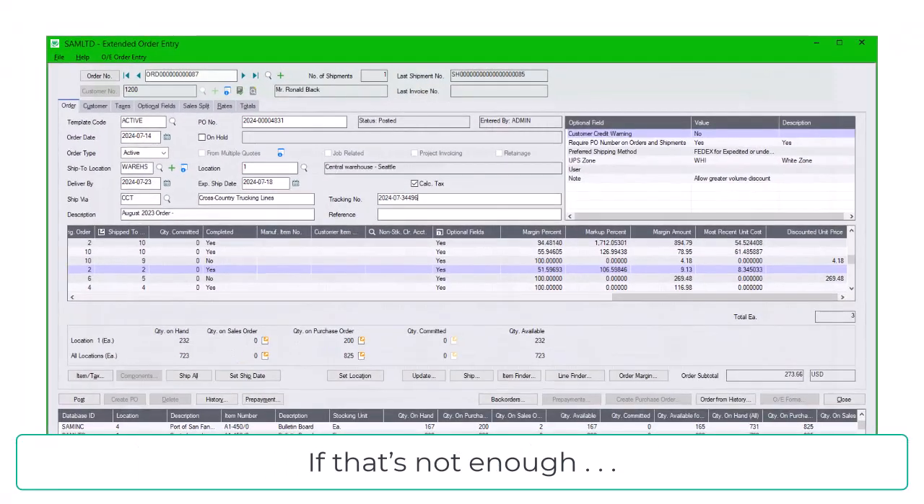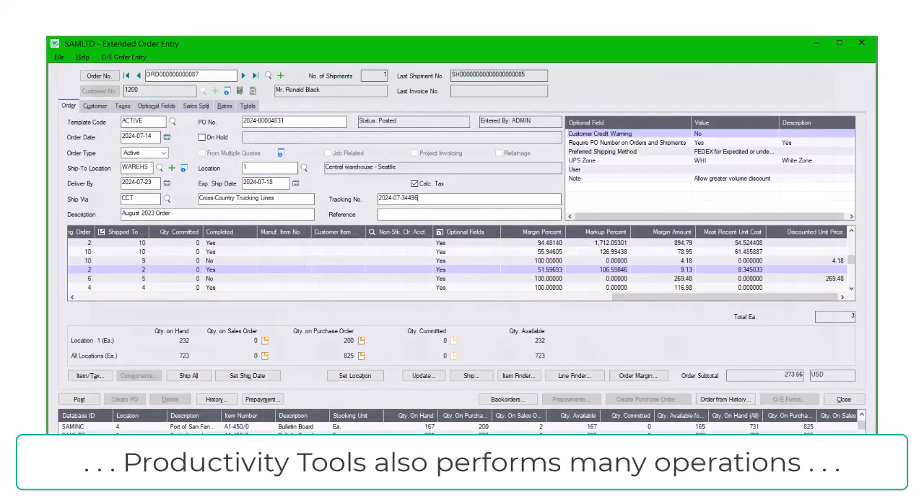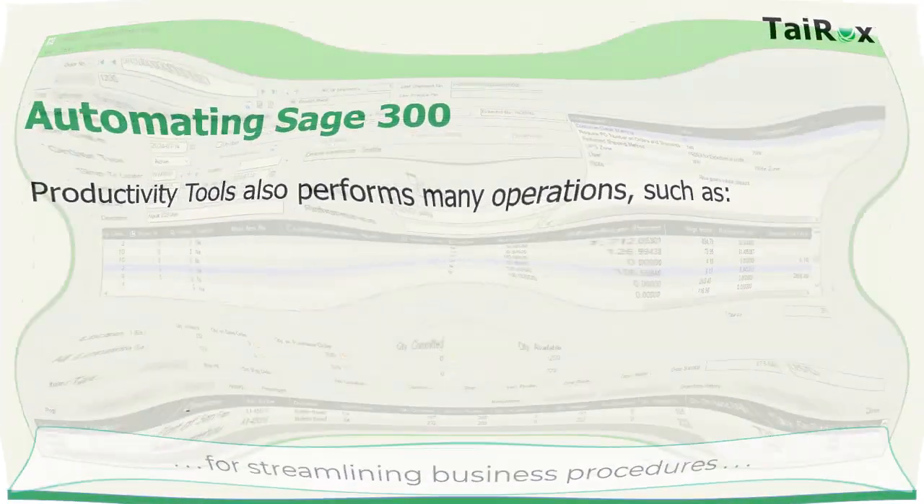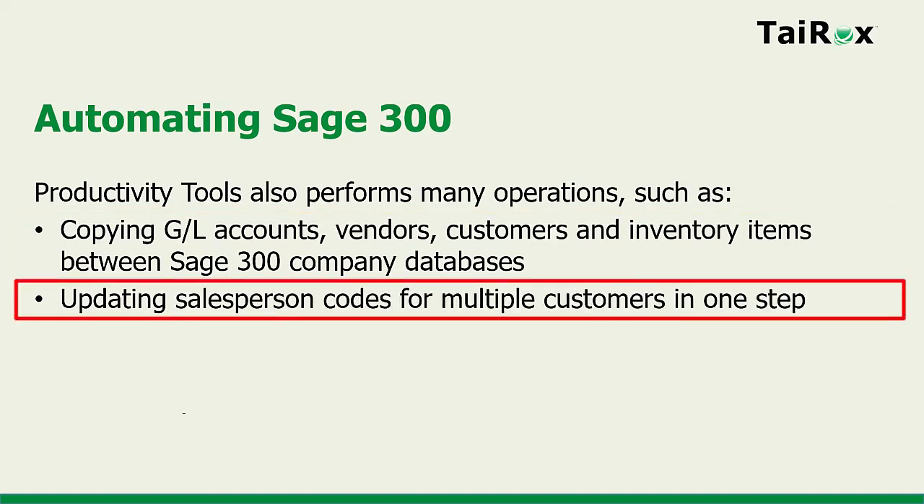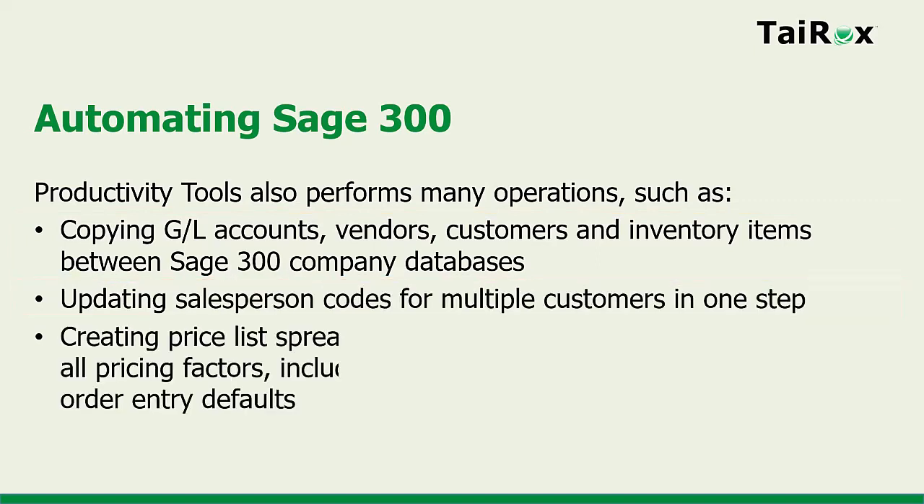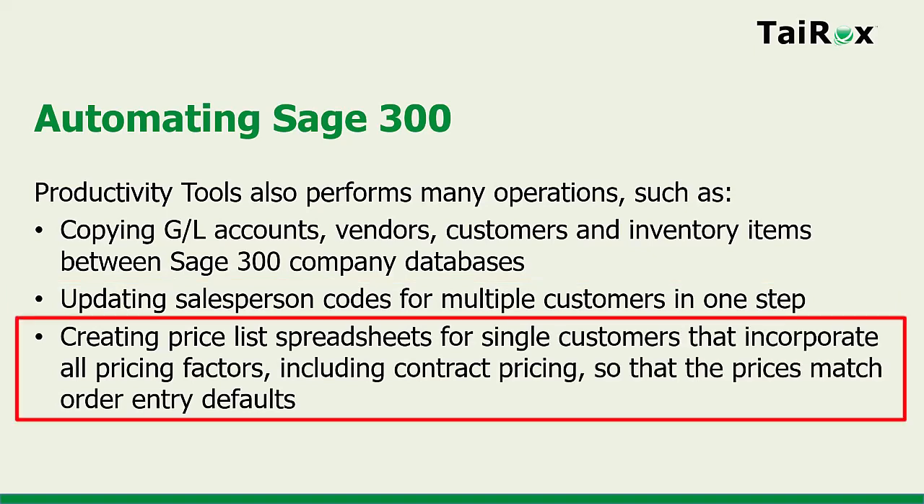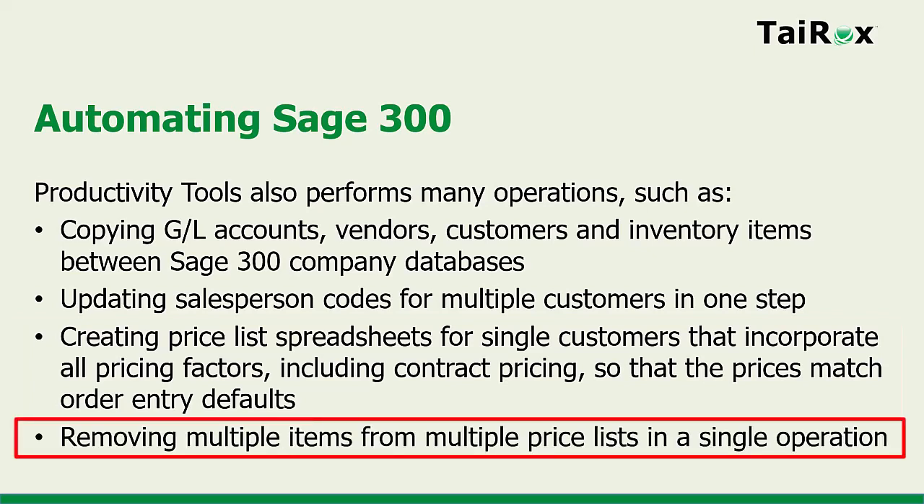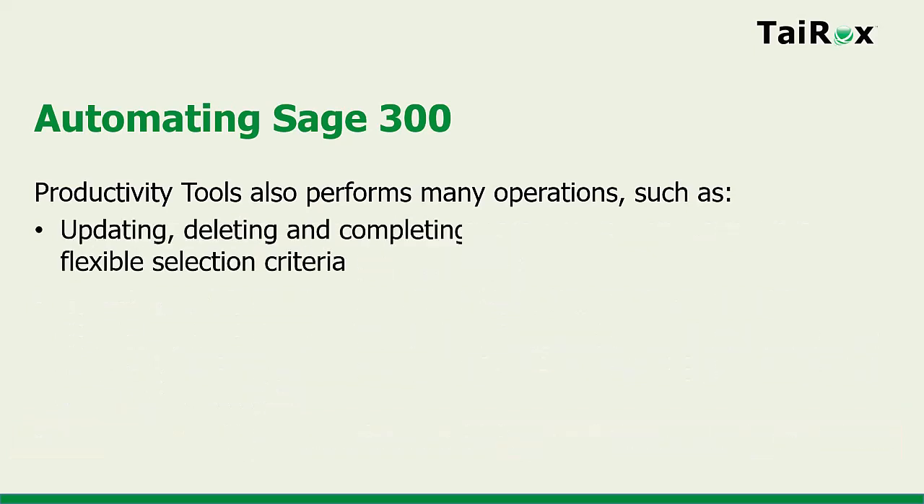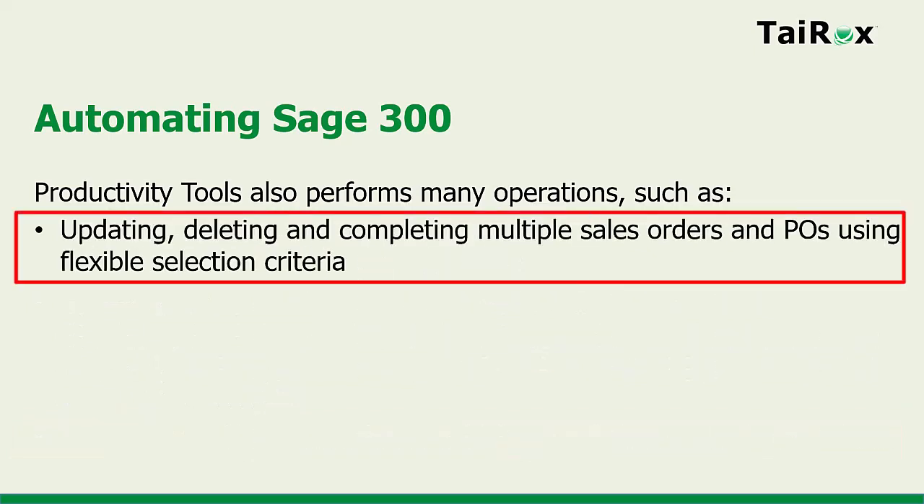And if that's not enough, Productivity Tools also performs many operations for streamlining business procedures, such as copying GL accounts, vendors, customers, and inventory items between Sage 300 company databases, updating salesperson codes for multiple customers in one step, creating price list spreadsheets for single customers that incorporate all pricing factors, including contract pricing, so that prices match order entry defaults, removing multiple items from multiple price lists in a single operation,